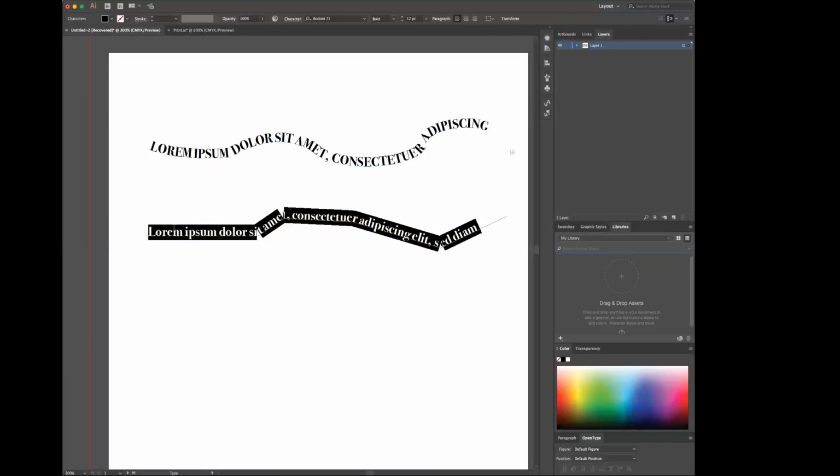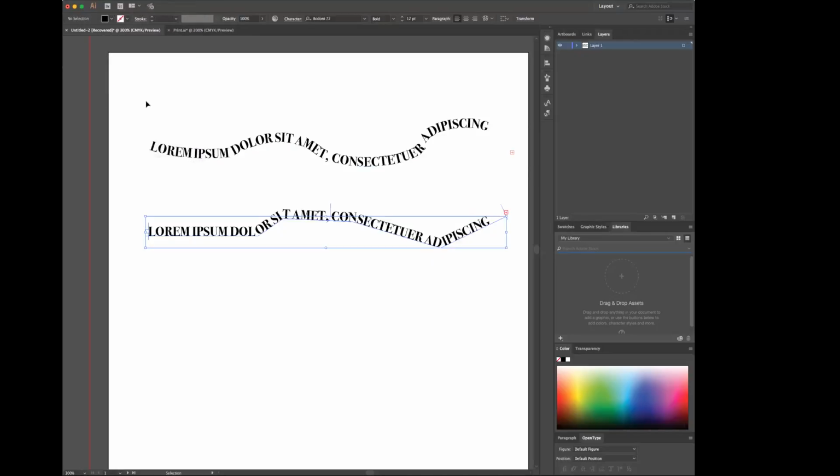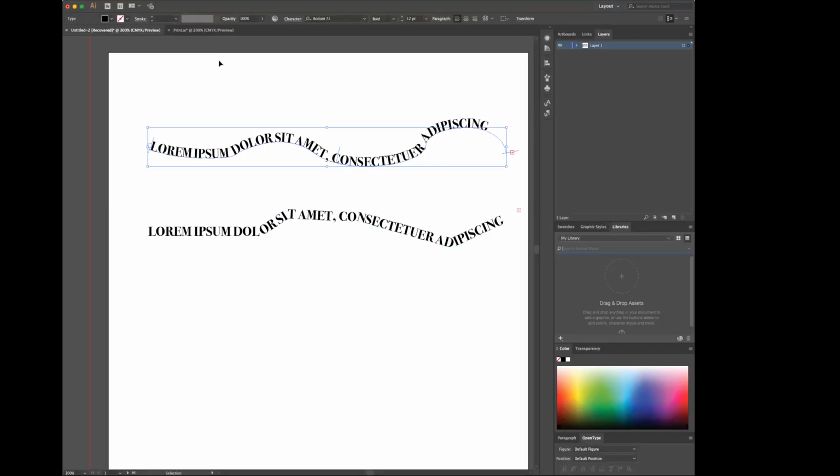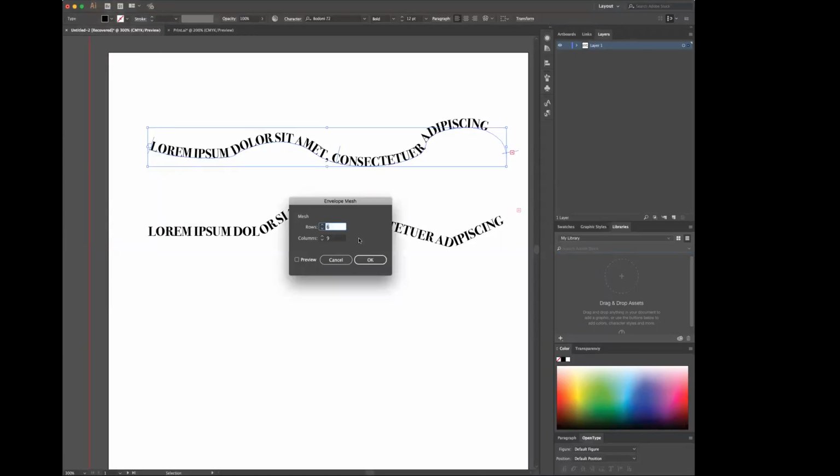So what I did was I changed all the lettering to all caps by going to Type, Change Case, and then I selected uppercase. That also kind of widens my lettering. This is going to be in terms of the portrait that we do. I'm going to select this, and I selected Bodoni, bold, all caps. Then with the text selected, I'm going to go to, I believe it's Object, Envelope Distort, Make with Mesh. Okay, and then this will allow you to preview what you're doing.